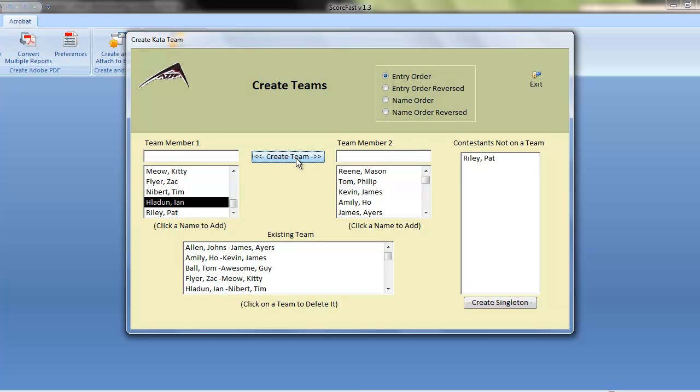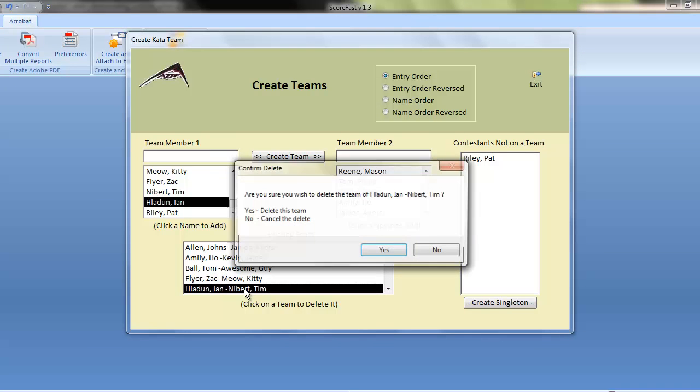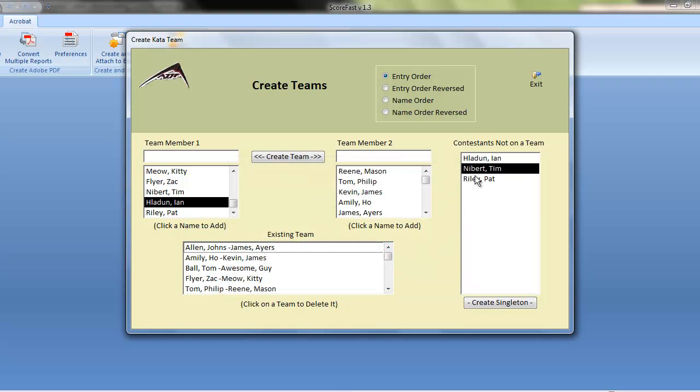Now let's say I've created that team, and you'll notice that now down in the existing team members that the new team of Ian and Tim are created, and the list with the contestants not on a team, they've disappeared from here. Now let's say I made a mistake and I needed to repair them. I would just go down to the existing team window, select their name, and then I'll be given a box that asks me if I want to delete the team or cancel it. If I delete it, their name just appears back in the contestants not on a team, and they're removed from the existing team. So I'll go ahead and recreate that team just by clicking on Ian and clicking on Tim